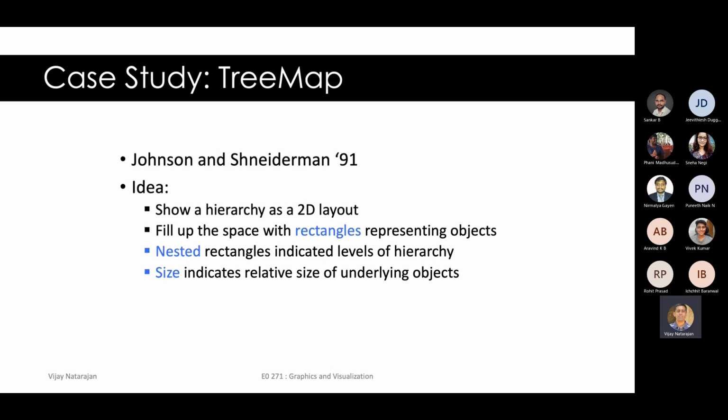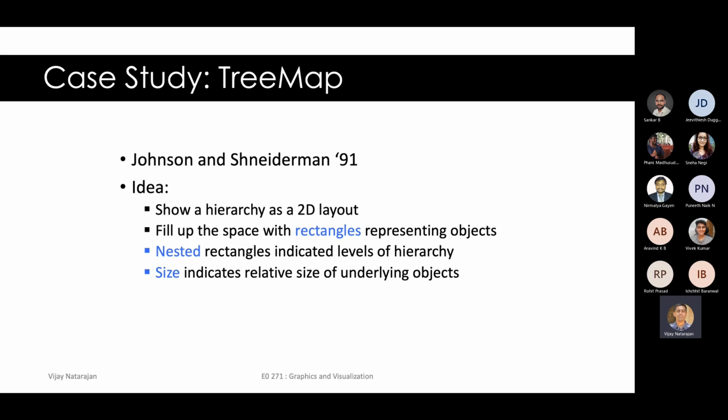So the idea is very simple. You want to display a tree, right? It need not be a binary tree. It can be any k-ary tree. But of course, we want to focus on a rooted tree. So there is some kind of a root. The tree stores a hierarchy. The idea is to use a 2D layout to display this hierarchy. And you want to use rectangles to represent the individual subtrees, the objects, and the nesting of the rectangles